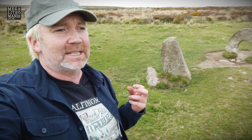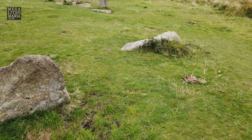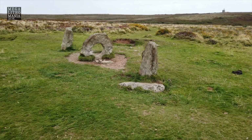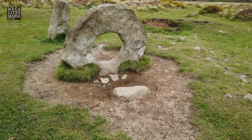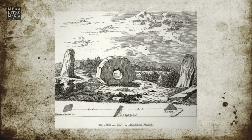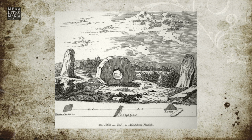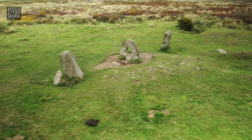What's really interesting to me is that there's actually a giant story associated with this site. So it's said that a giant was found in the area around here, and I'll read this quote out to you. This is from an historical survey of the county of Cornwall by Charles Sandoe Gilbert, 1817, and it says,